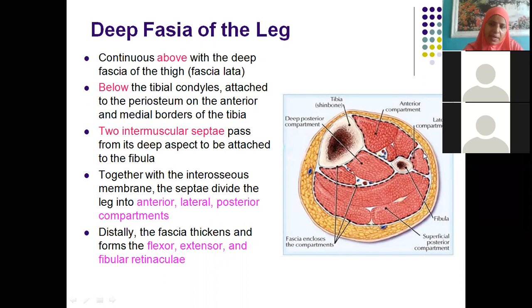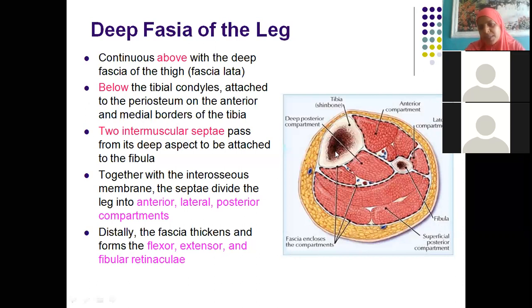Very good. In the lateral compartment, how many muscles are there, beta? Only two muscles. We have peroneus longus and peroneus brevis. Fibularis longus also we can call. Peroneus can also be called fibularis, because it is closely related to the fibula bone. In our textbooks the word peroneus is used, so that's the reason I am using this.